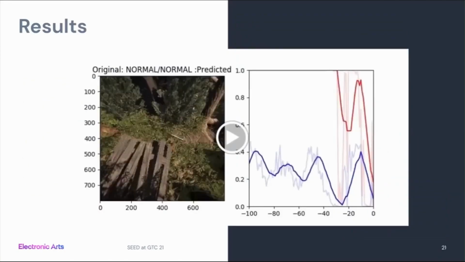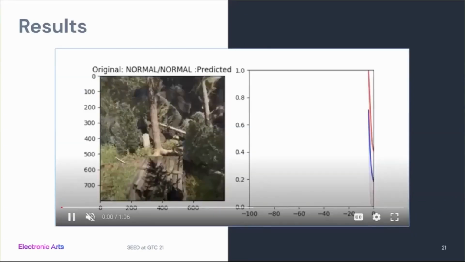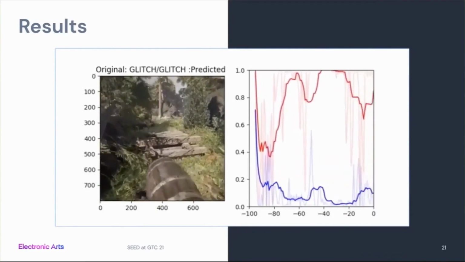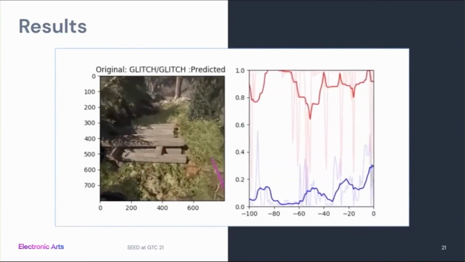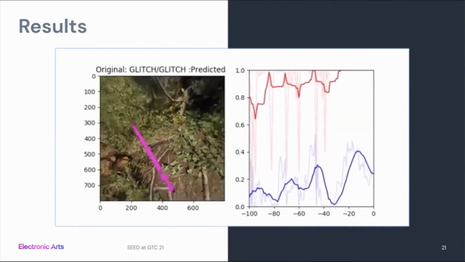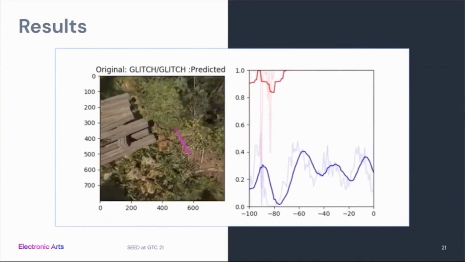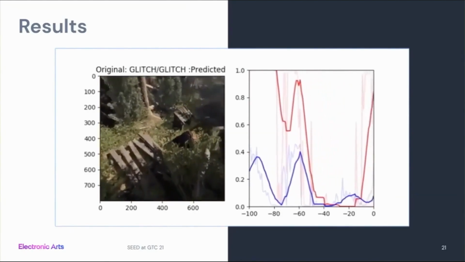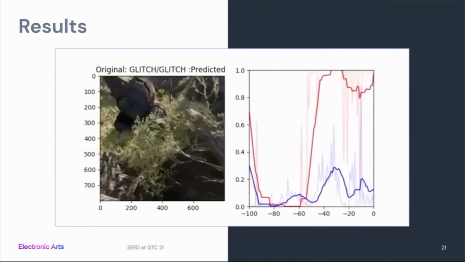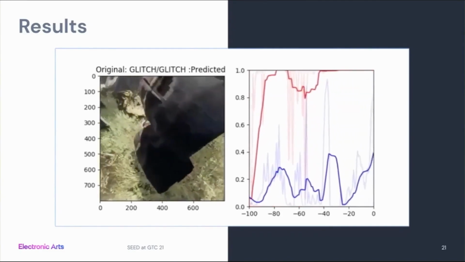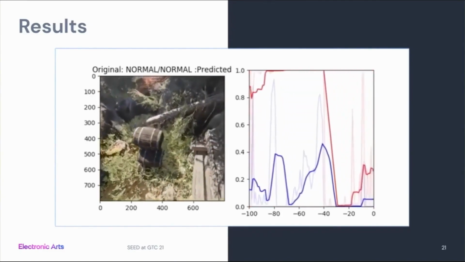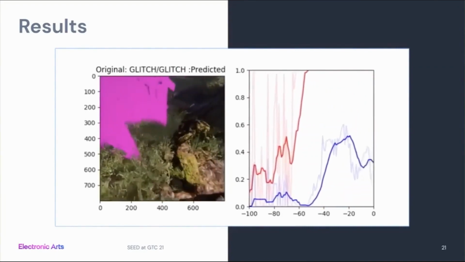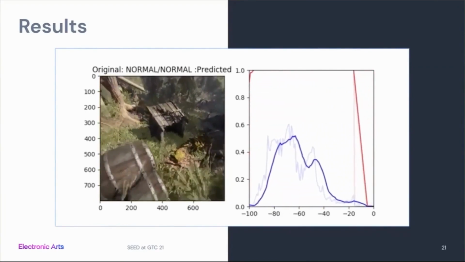So here's a video on the results and the idea of how we would like to use this. To the left, there's an input from something called a smoke test, where you have a camera going around in the environment, and usually a human sits and watches these and sees if there's something wrong. But now we feed it into a network. To the right, you see the output, and the red line shows the classification. If it shows a 1, it means it sees a glitch, and 0 means it doesn't see a glitch. The blue line is the confidence score, and that's supposed to be as high as possible all the time, of course. And with that, we can also help reduce false positives.